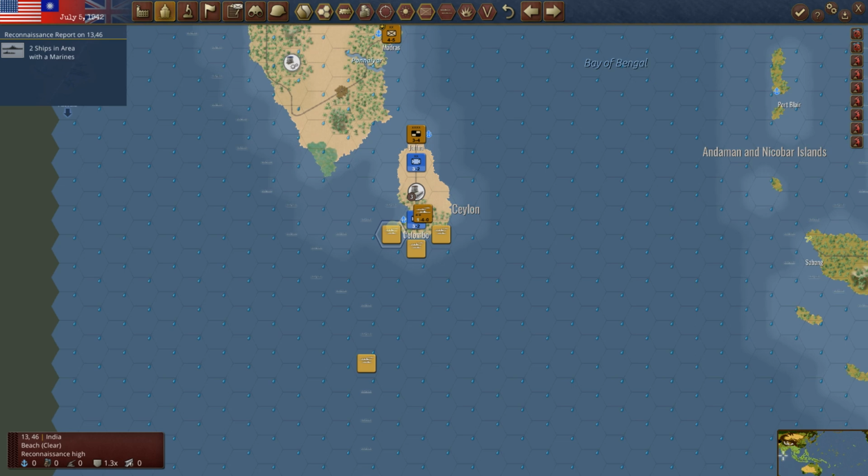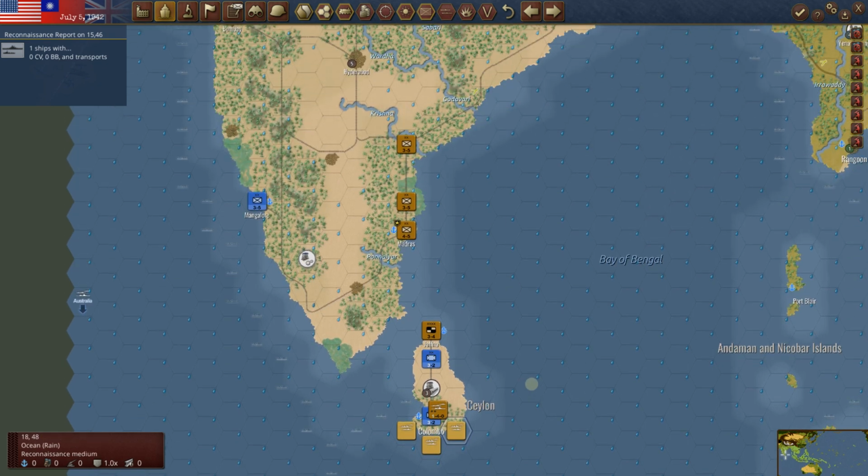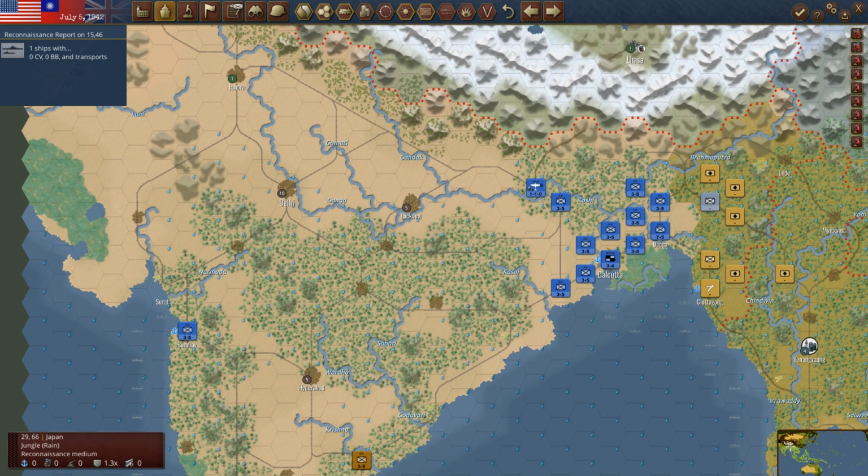Now that's 2 ships in area with a marine. Okay, that's a prime target. I'd love to go hit that. But then we see this 4 ships with luckily no carriers, but 3 battleships. Okay, and then 1 ship with 0 carriers, 0 battleships, and so he's got more troop transports here. He's got double troop transports that he's brought with 3 battleships. Dun dun dun. Okay, well, let's go look at the rest of India first, and then we'll come back to